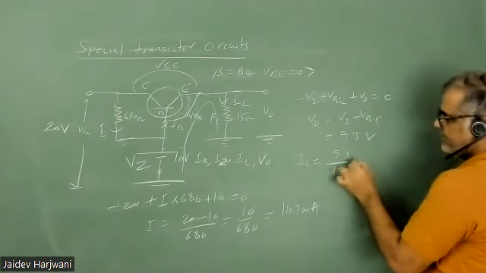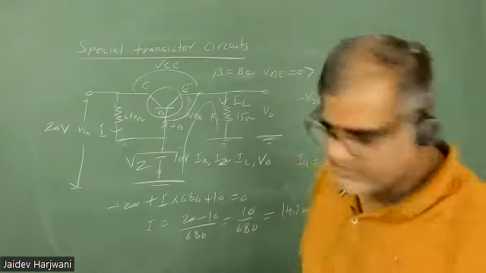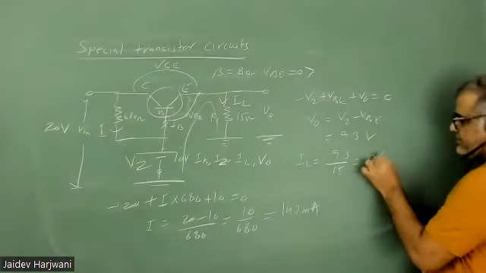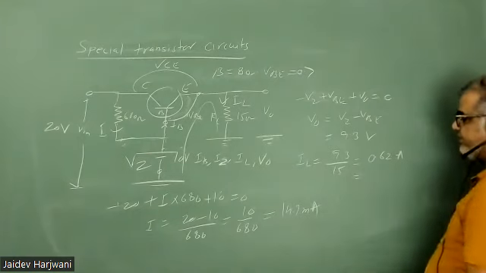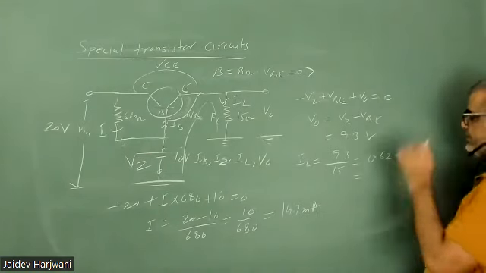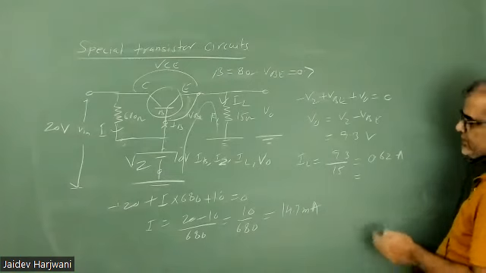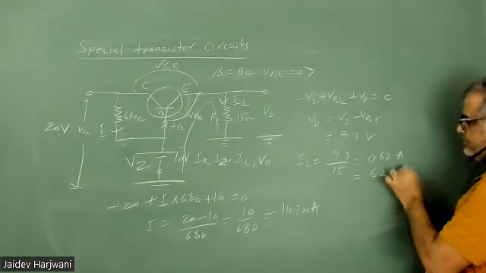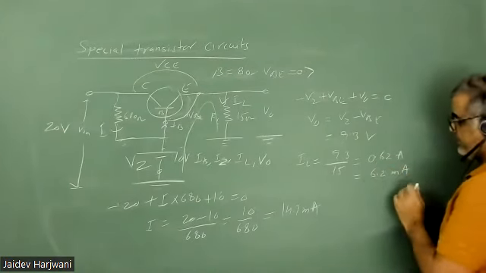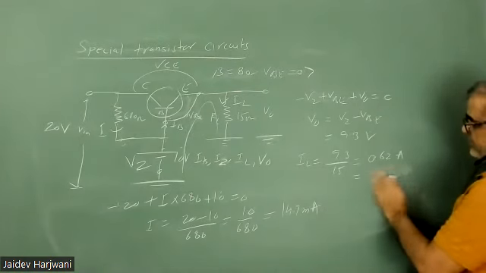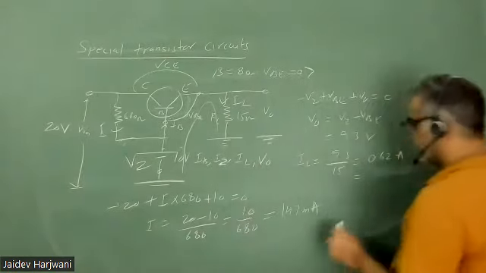9.3 वोल्ट डिवाइड बाय 15, दिस विल बी करंट। व्हाट इज द करंट? दिस करंट विल कम 0.62 ampere, or if you convert in milliampere, how much will come? यही आ रहा है 0.62 एम्पियर। मिलियम्पियर में कितना आएगा बताओ? मिलियम्पियर करने के लिए 1000 से मल्टीप्लाई करो। 620 मिली एम्पियर। चलो 620 मिलियम्पियर कर लेते हैं।